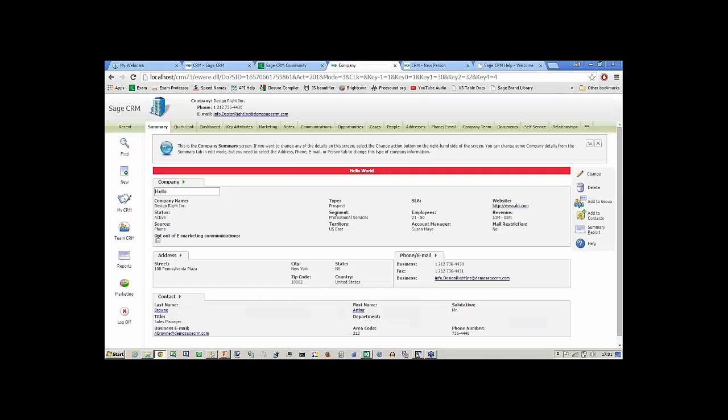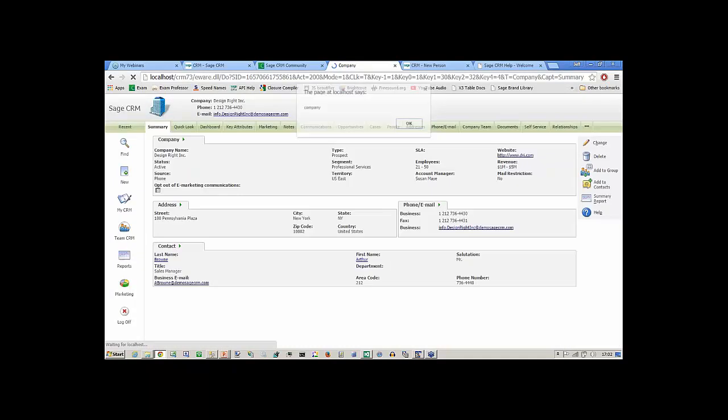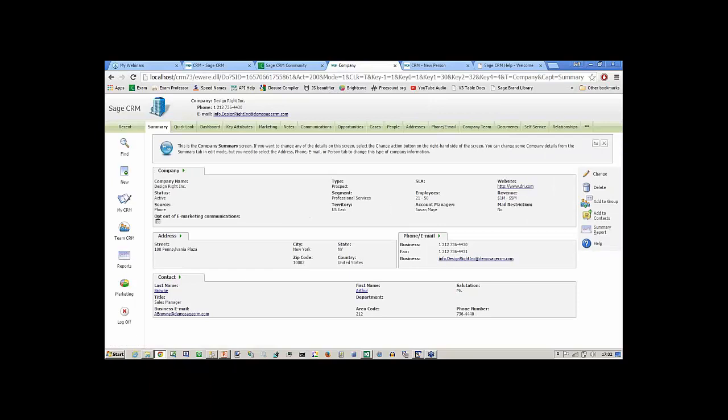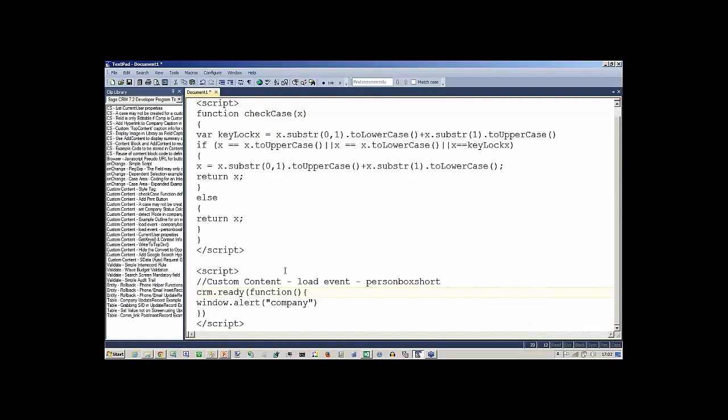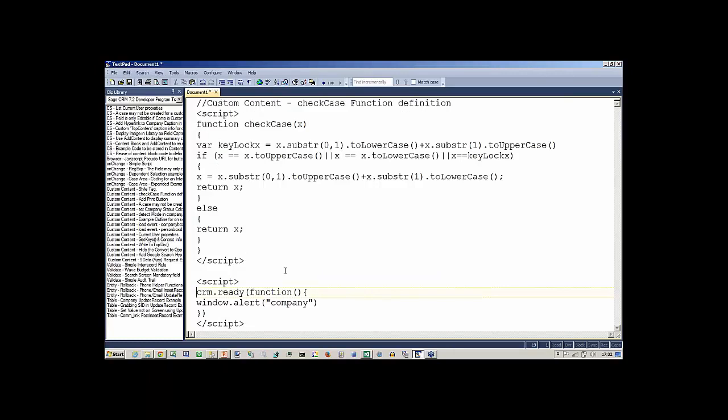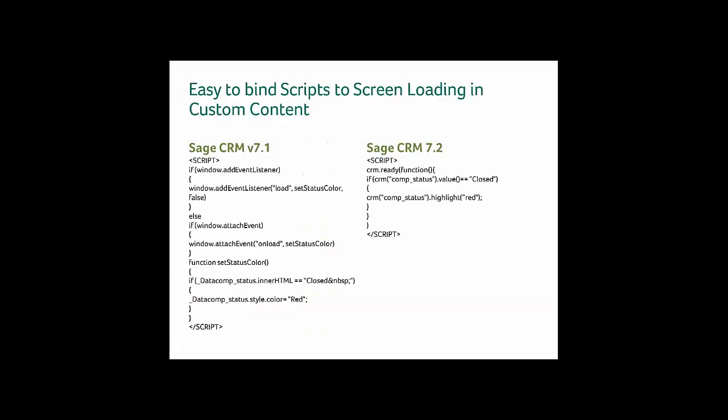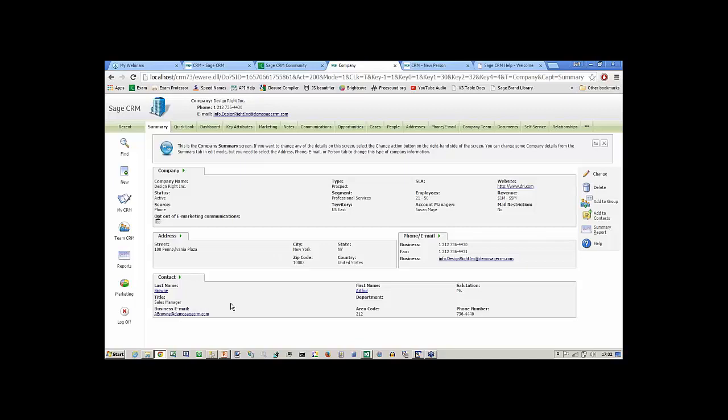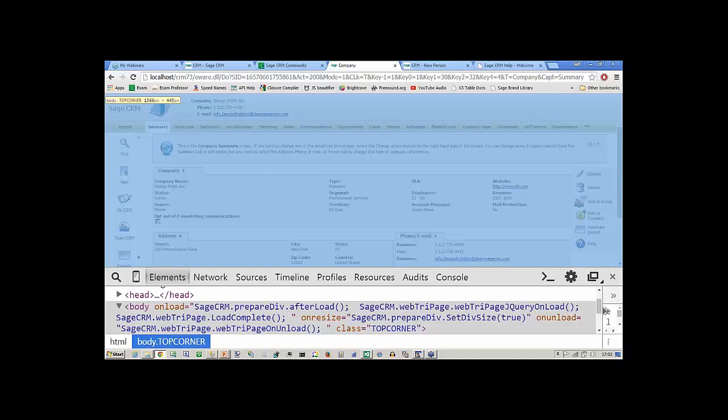If I look now at company, we can see that it's telling us that we're on the company screen. If I change this, I can look to changing this to using a method that is local and particular to the CRM API. And so this is the advantage of doing this, is so I can remind you that we can use the